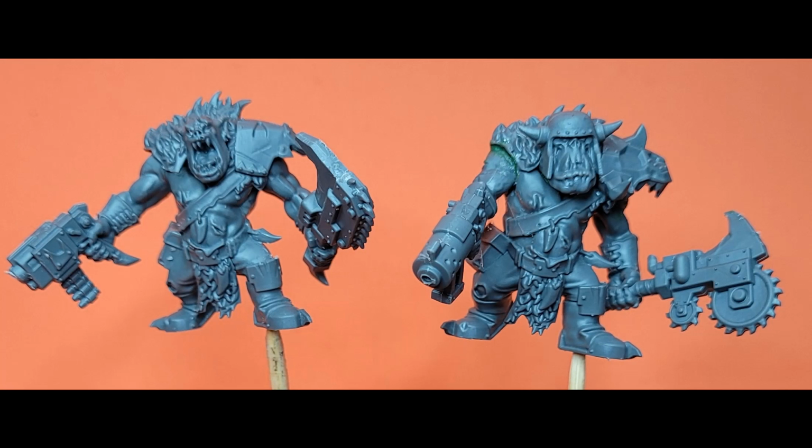There we go. Now I quite like this one. The left one, it's a good pose. He's sort of saying, let's have you, come on, come on, come on. He's offering you on. But on the right,